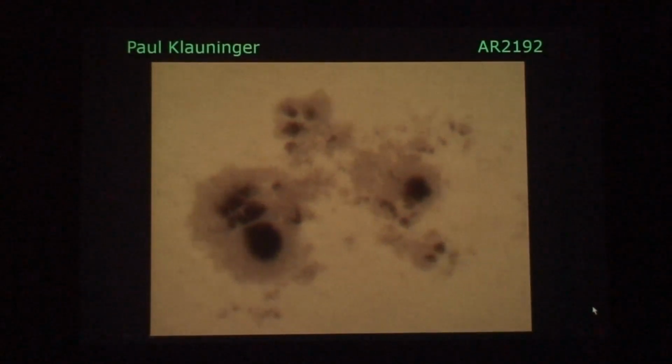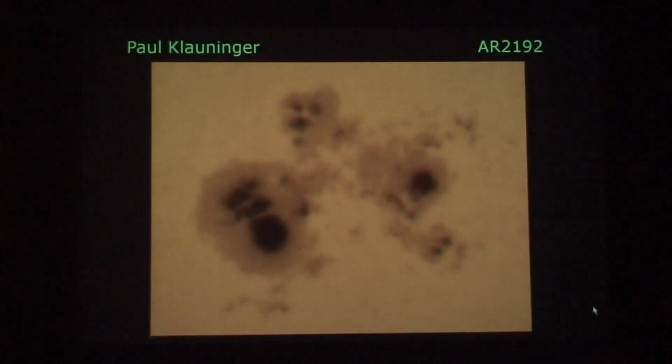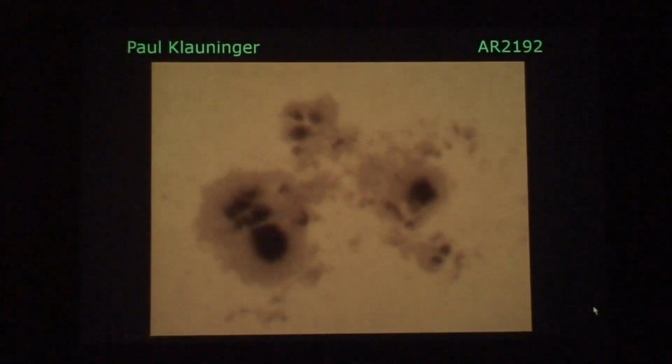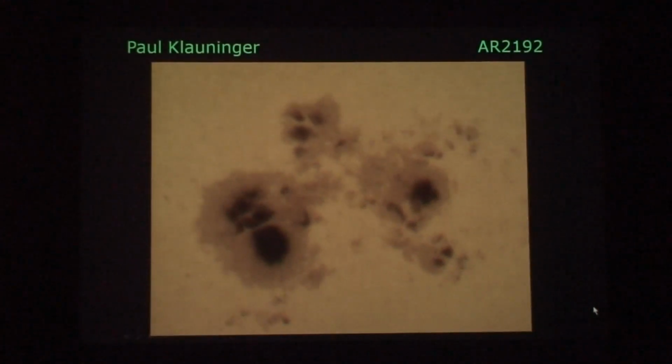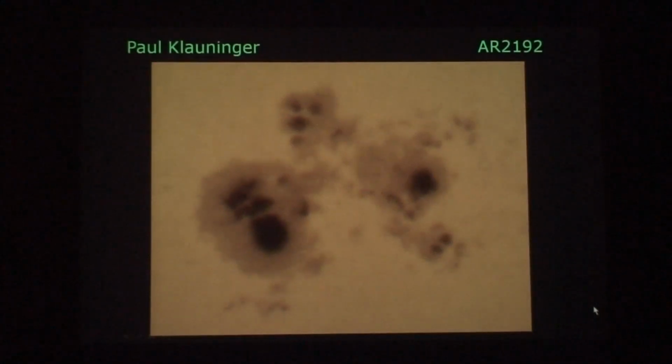And as you can see, even these are the best frames of the lot. If I were to try to stack these, and I did, just for the heck of it, you don't get anything sharp out of it. It just turns into a blurry mess because it changes so much even within clear frames. Even within one frame to the next, or within a single frame, you'll notice that perhaps the sunspot group on the left is clear, whereas the ones on the other part of the image are distorted. And that's basically just the seeing.